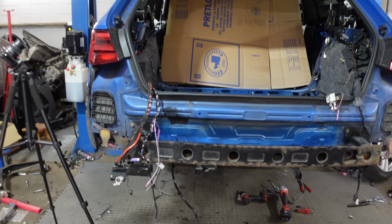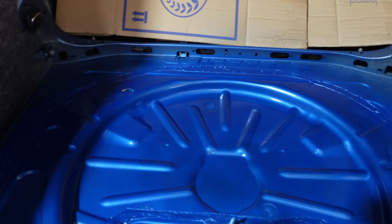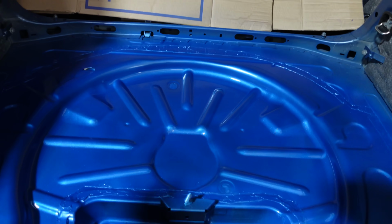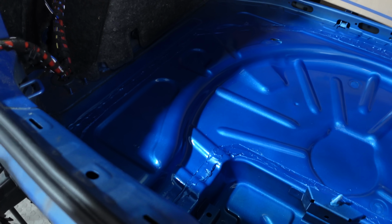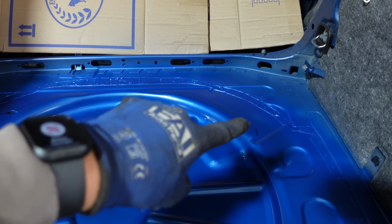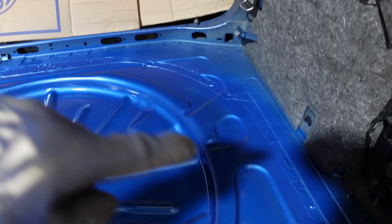So some really good progress with the boot floor, and I have just spent some time painting it Sprint blue. As you can see here, it's just drying now, but I am so happy with how this looks. I'm really happy with my decision to cut into it as well and weld round here, because with the seam sealer on it now, it almost looks factory. Like you would second guess whether this was a factory floor or not once the paint dries around the